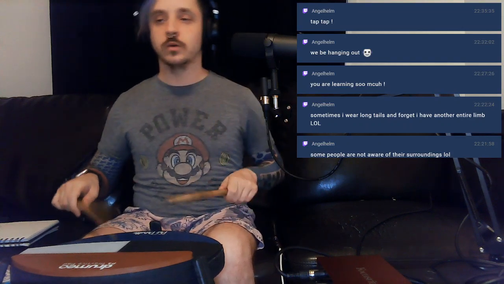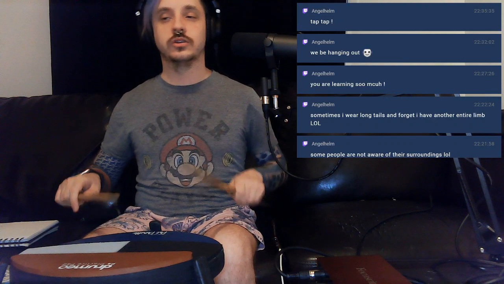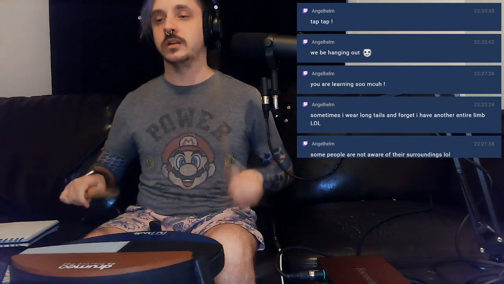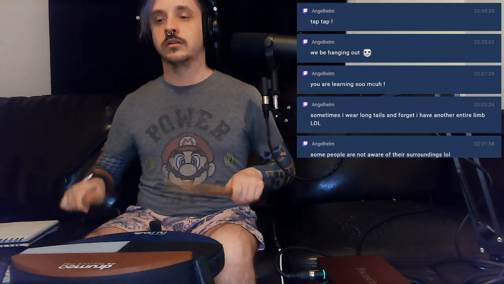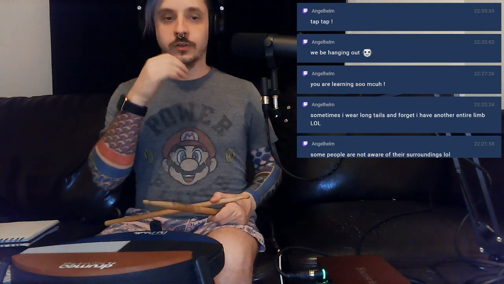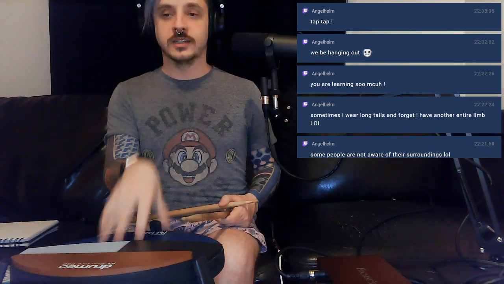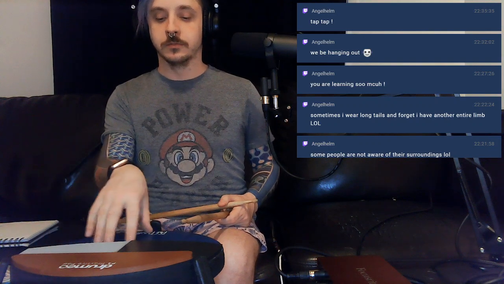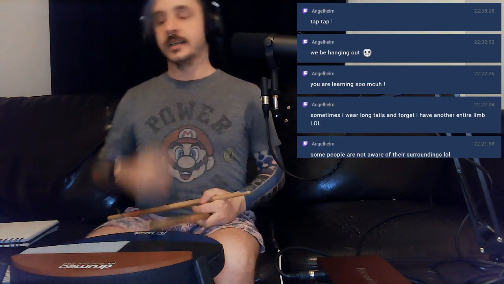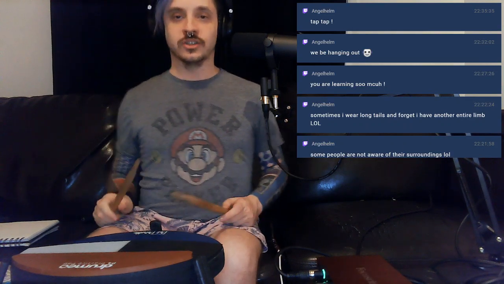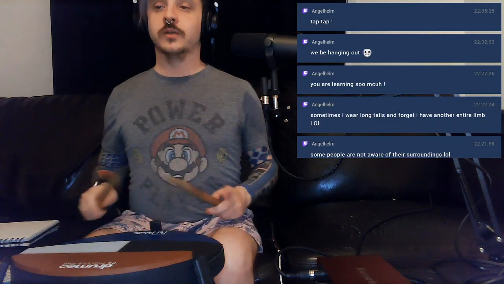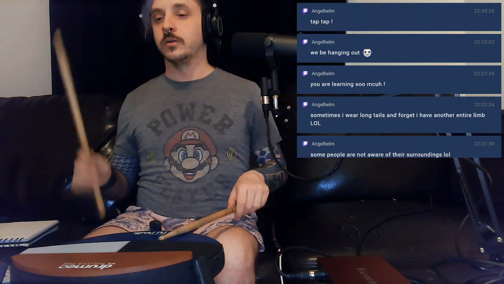Alright, doing the paradiddles. Let's just take a look at that. I could sing it with the paradiddles, but I kind of stopped singing throughout the paradiddle-diddles. So I've got to get that consistent because that's a show of how comfortable I am with paradiddles and not with paradiddle-diddles. So let's do it.